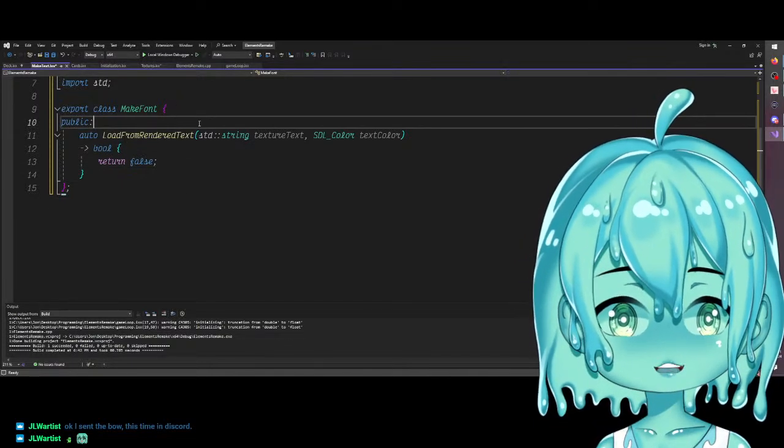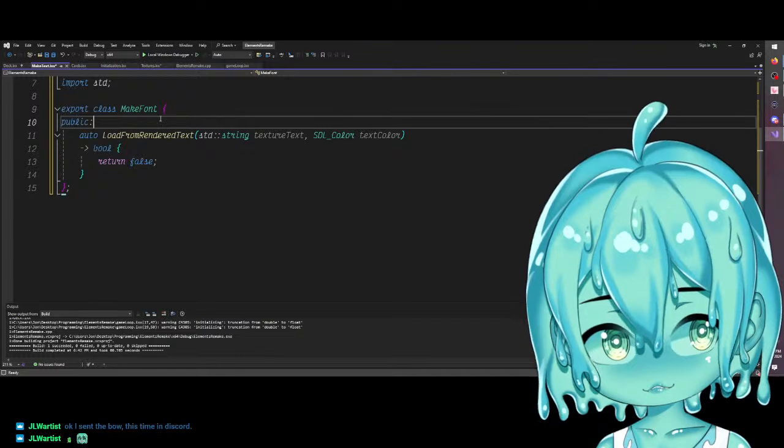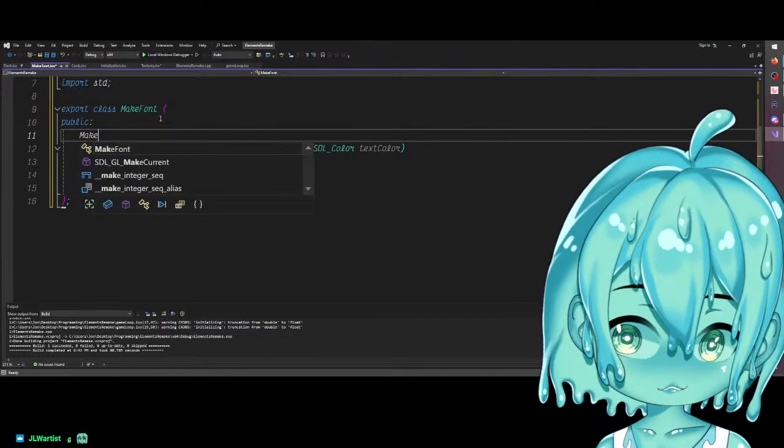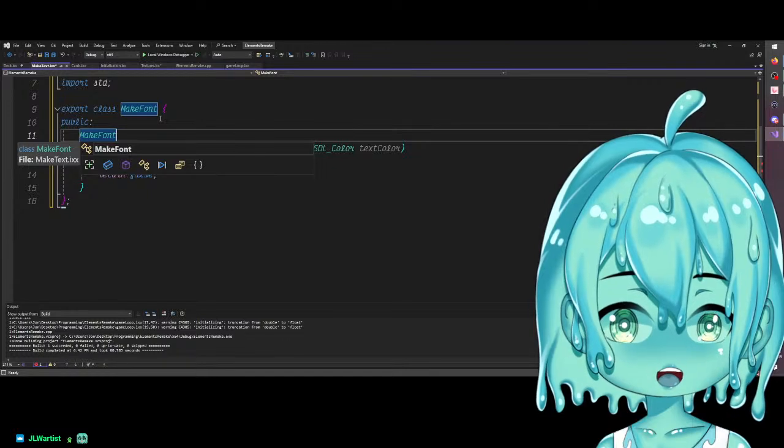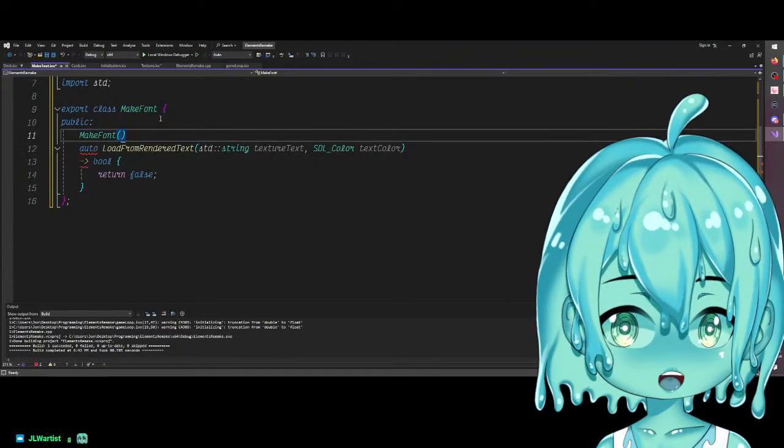So do I have a parameter for this? I think we do. Or not a parameter, a constructor. So make font, and this make font is going to have the parameter of